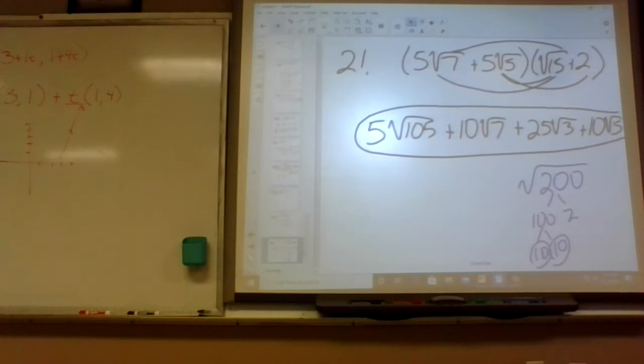So 10 square root 2. On the second one you get 3 square root of 20, and then simplify it. It's 2 square root of 5. So 3 times 2 is square root of 5, so it's 6 square root of 5. Negative 12 plus